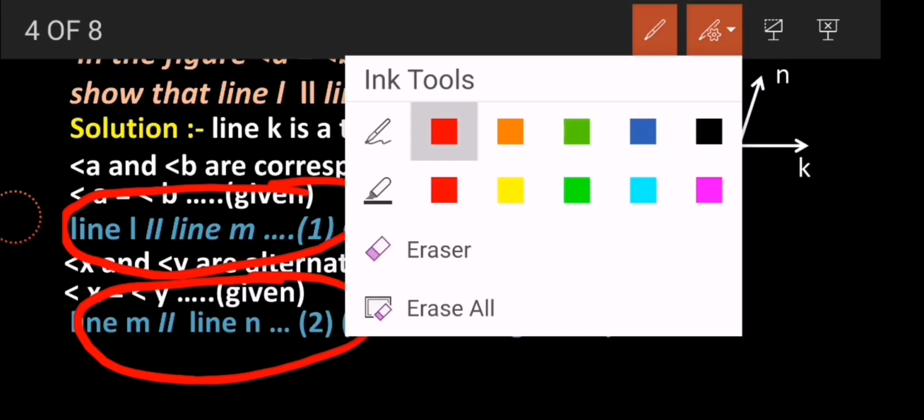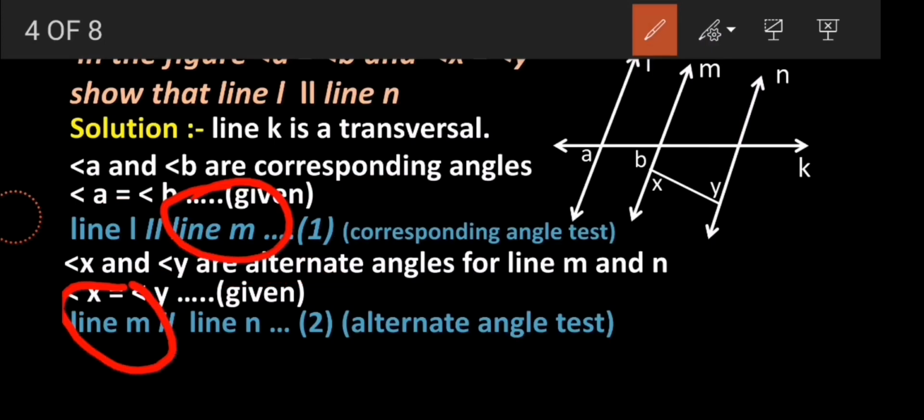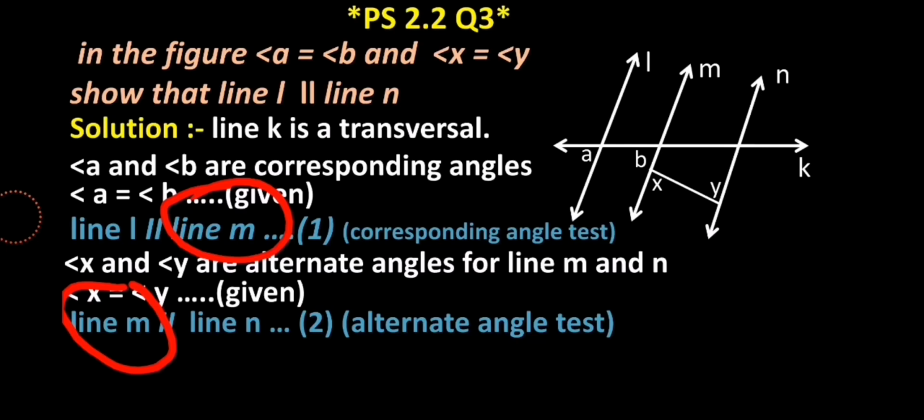Means line M is acting as a bridge, you can say. And this bridge will help us to prove line L is parallel to line N by utilizing transitivity. If you know this property, transitivity means if we have one common part between two separate things, that is a bridge one, we can transfer the details from the first to the third part. Same goes over here. If one line is parallel to two other lines, keep it in mind, then we can say those two different lines are also parallel to each other. This is a property of parallel lines.